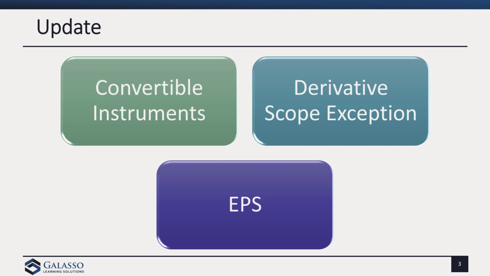Then we had the beneficial conversion feature model, which was also in topic 470 and is also being removed here. This was where the convertible debt instrument with conversion features that are in the money at the commitment date or that become in the money at a later date after the occurrence of a contingent event. In that scenario, those features are recorded as equity components at intrinsic value, and the host contract is recorded at the residual amount. So both the beneficial conversion feature model and the cash conversion model would go away.